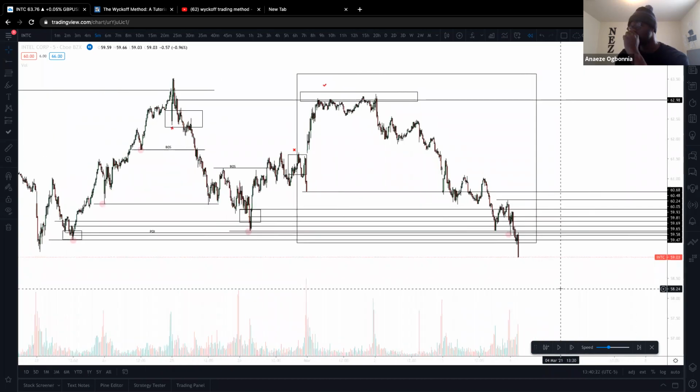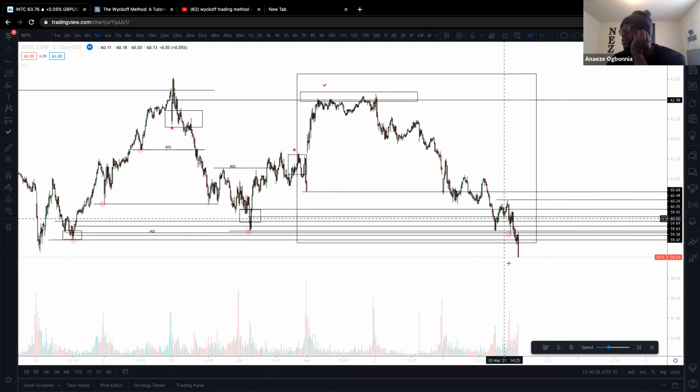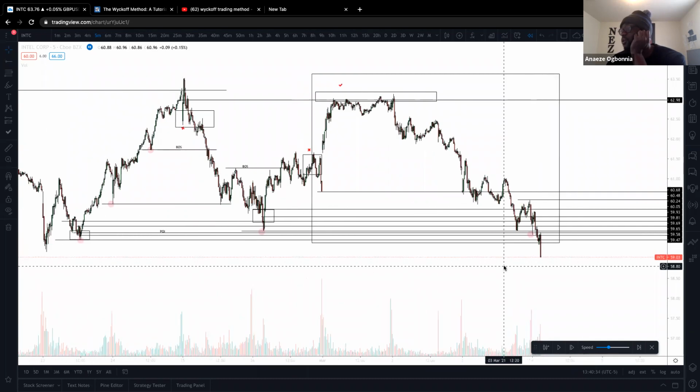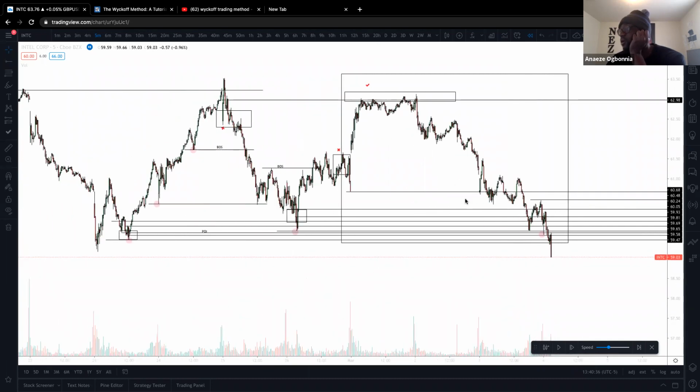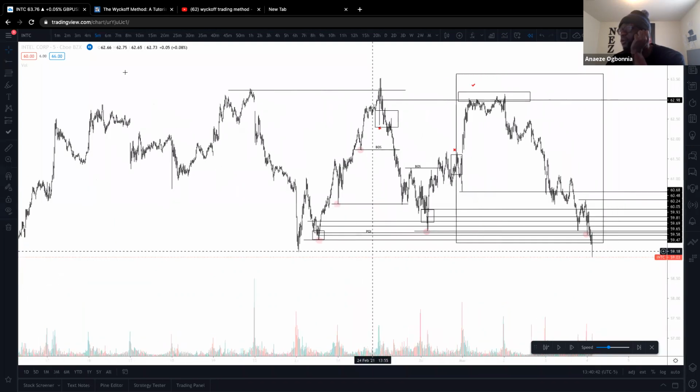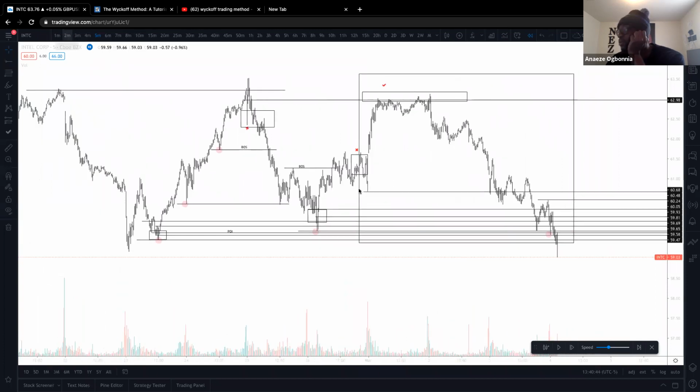Remember what I told you? If you can't see a setup, don't bother even. I mean, I would sell here, but if you don't have a target zone, don't bother selling. Because right now I can't find a target zone to sell to, because one, it already took this target. But if I go back to the 2-minute, maybe,